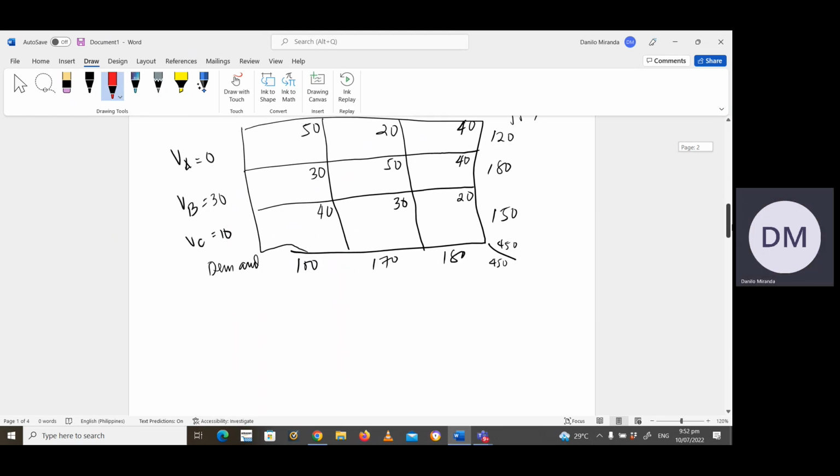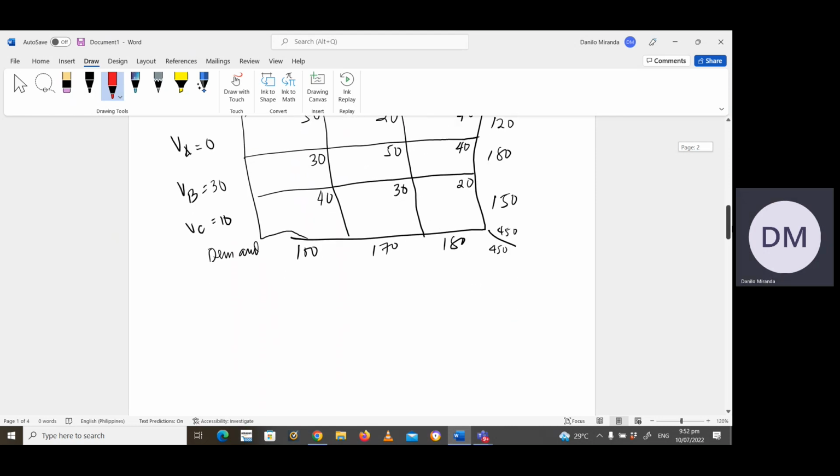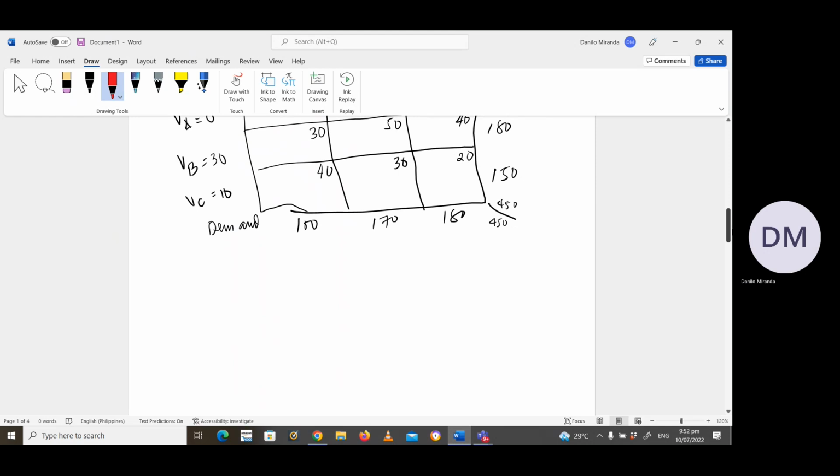Zero, 30, 10, 50, 20, 10. Tama tayo. Ngayon, pupunta naman tayo sa unoccupied cells. Okay? So, meron tayong equation dito, sabi sa